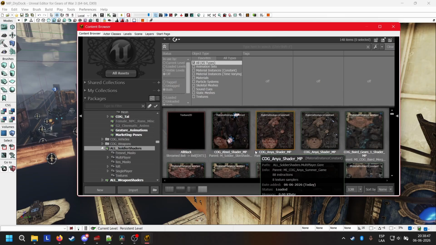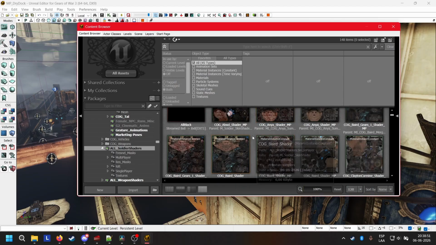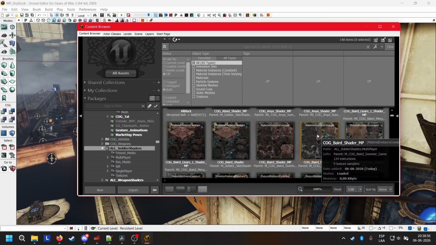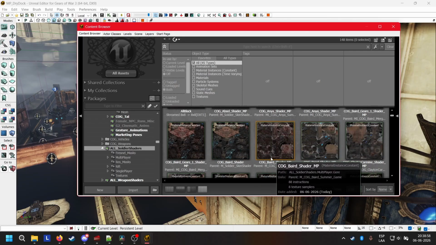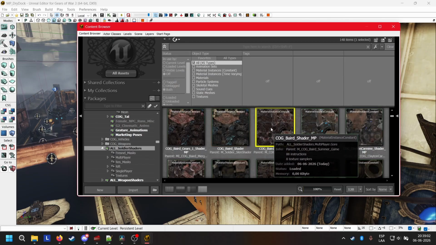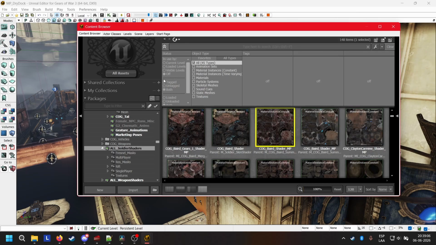Clicking into here, you can see that all of the characters have two sets of material. One is the clean one and the other one is the one that's covered in blood. So what you basically want to do is copy this one, so just create a copy into your package,